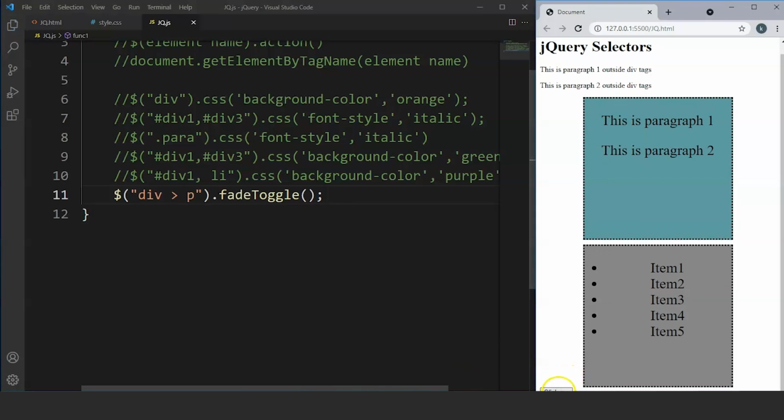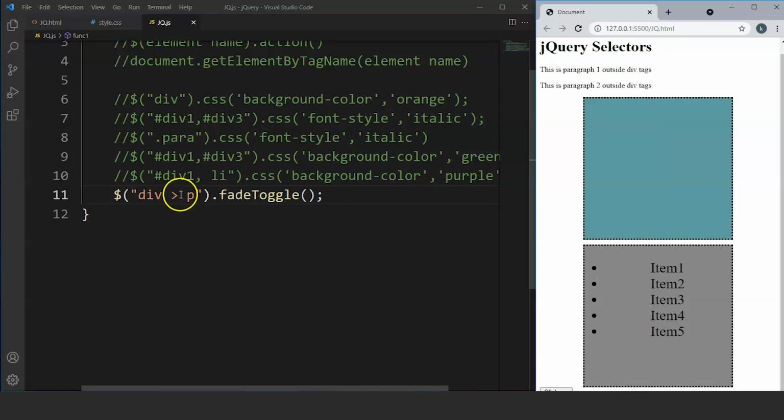Save it, move to the browser, click on this click me button, and you can see the paragraph is completely hidden. Right? Don't worry about the actions for now because we'll cover them in the upcoming videos. Although they are not complicated, if you are thinking about them, then don't worry, we are here to help you with that.